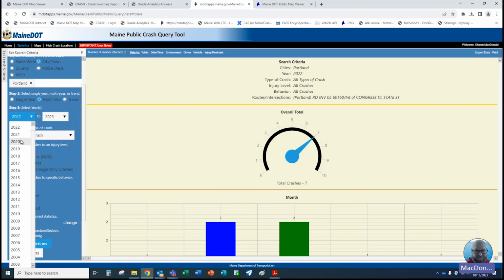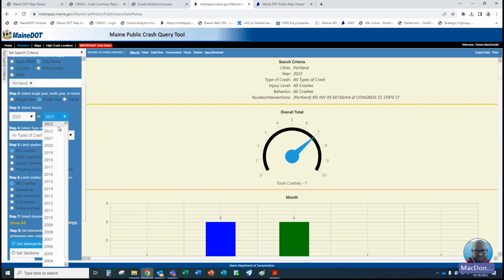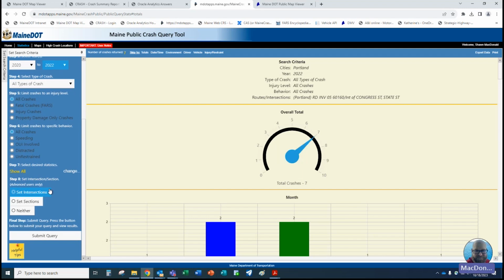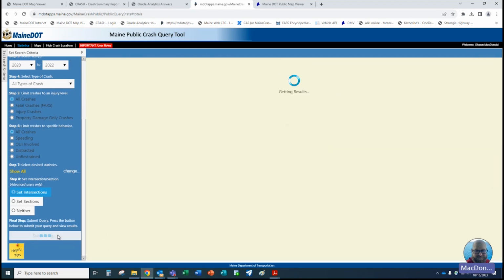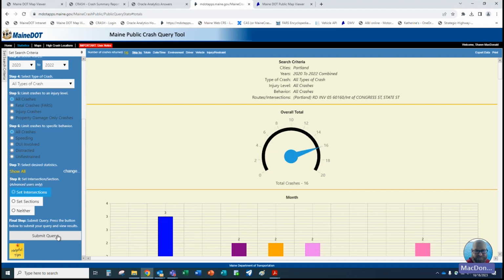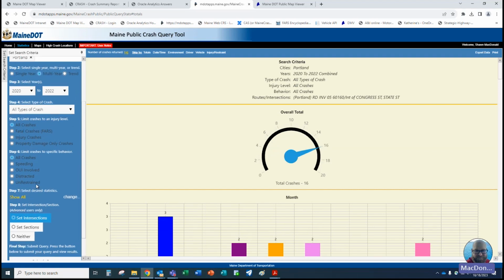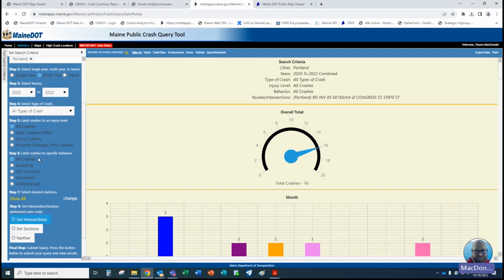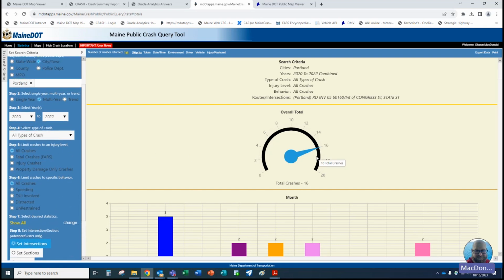If I was to do a 3-year one, it would go from 2020 to 2022, not 2023. That doesn't mean you can't use this tool to get current data. It just means it's not going to be as accurate as you'd like it to be. So from 2020 to 2022, for that 3-year period at this intersection in Portland, there were 16 crashes.